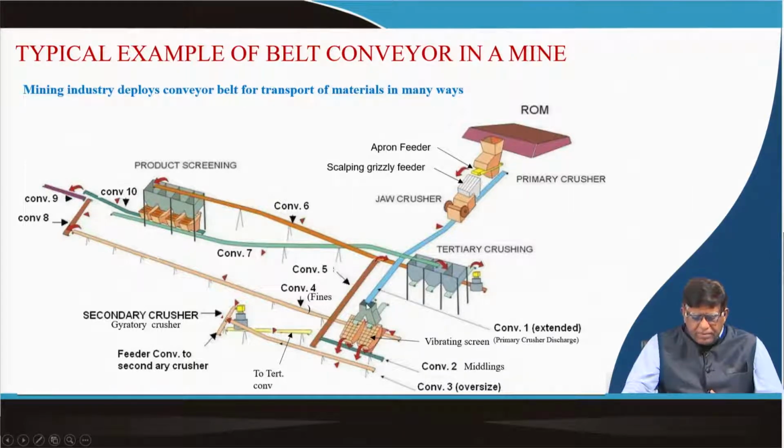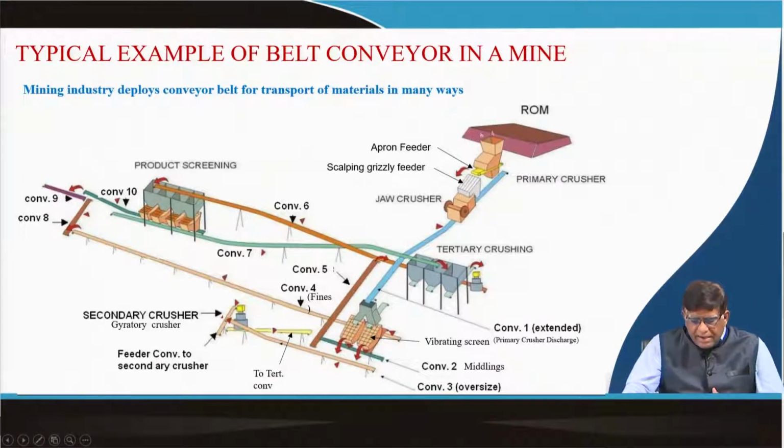Where it comes, it will then be distributed by screening, and by the screening it will be given to conveyor belt 2, and then from there the oversized material will be coming to conveyor belt 3, and the undersized material will go to another conveyor. Then the material from the tertiary crushing also will be going to another conveyor belt 6, and that will be giving to product screening. There the higher size will again be brought by another conveyor to that tertiary screening. That means your feedback is there, the oversize is again crushed, so that the material comes like that. Ultimately the fine ones will be going to another conveyor number 9.